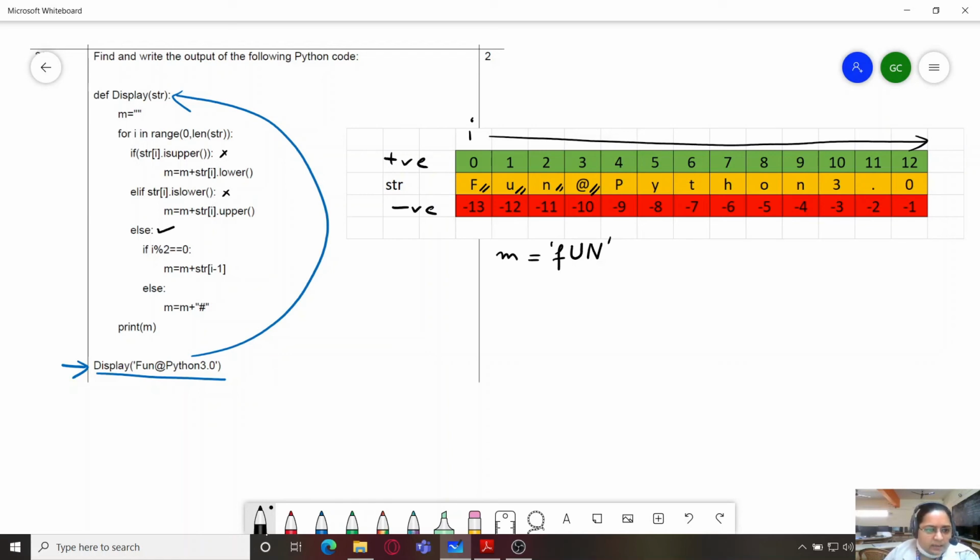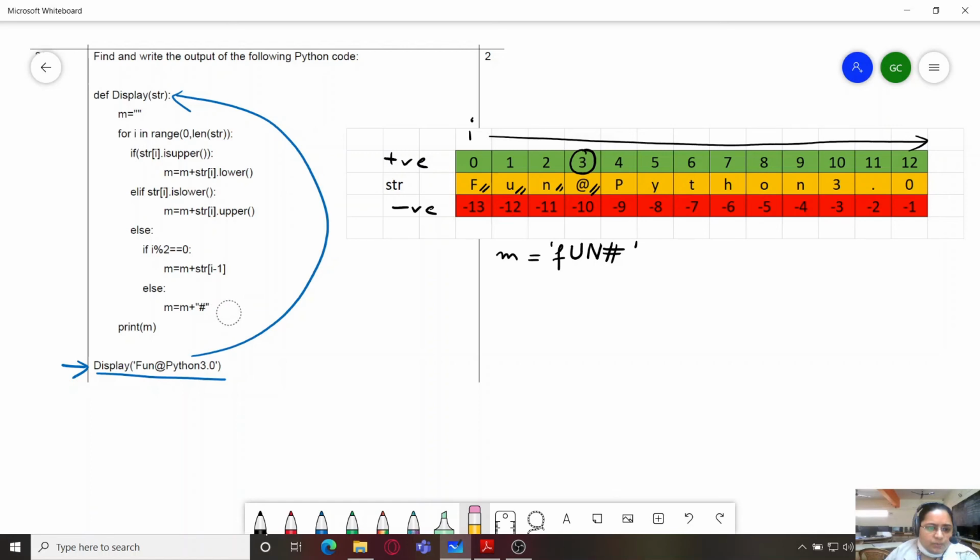If i is divisible by 2, that is if i is an even number, so we'll check the value of i, which is 3, which is not an even number, so we come to this else part. So this is also skipped. We come to the else part, m plus hashtag, that is whatever was the value of m, just add hashtag to that. So this was the solution for this problem, as we saw.